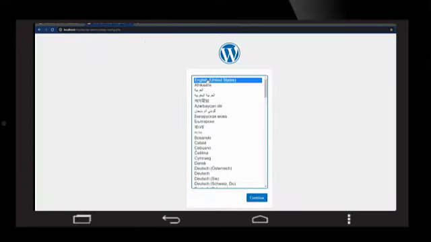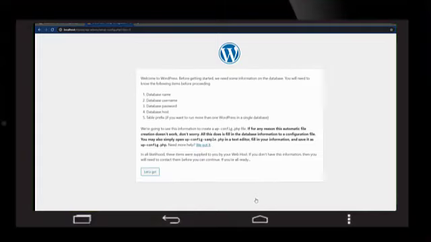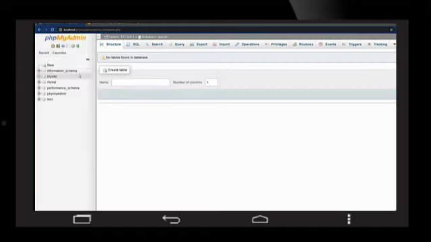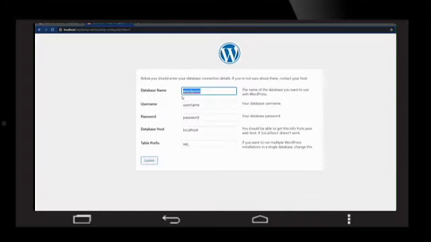And it will open a WordPress installation page. Select the language, then click on continue. Let's click on this button. Here you have to type the database name. So the database name is mysite that we have created here. You can see mysite. So we will type this database name. By default, the username of the database will be root and the password will be empty. So leave it blank. And other fields you can leave as they are. Then click on submit.